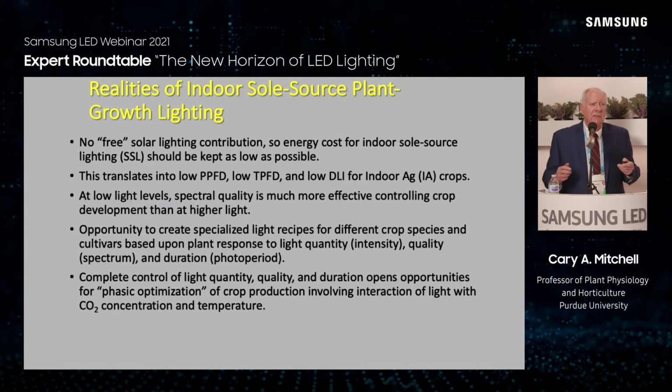At higher light intensities, plants translate blue, green, red, and now maybe a little bit of the far red into PAR. They just use it mostly for growth, except at the end of the day. But for indoor, you can set spectra to get desired plant responses throughout the day, throughout the production cycle. And that's important also. And so there's an opportunity to create specialized light recipes, and I would actually say growth